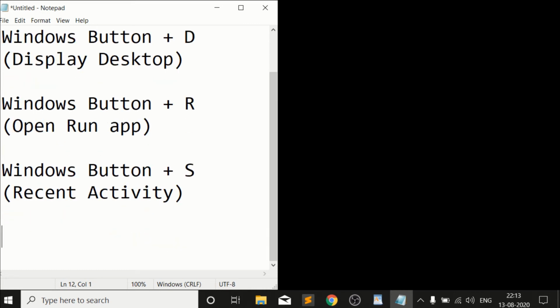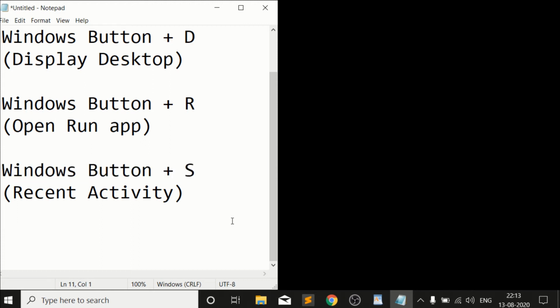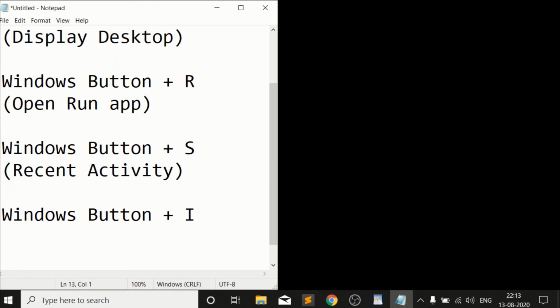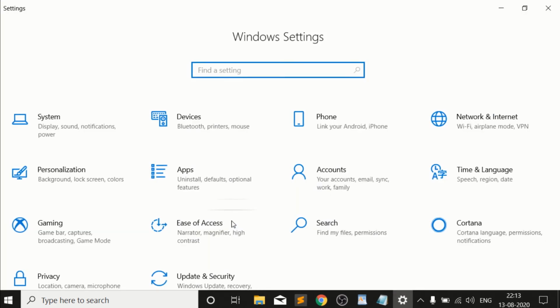Now another shortcut is Windows plus I. Let's see what Windows I can do. Windows I will open up Settings for you, so you do not need to find where the settings of your computer are.